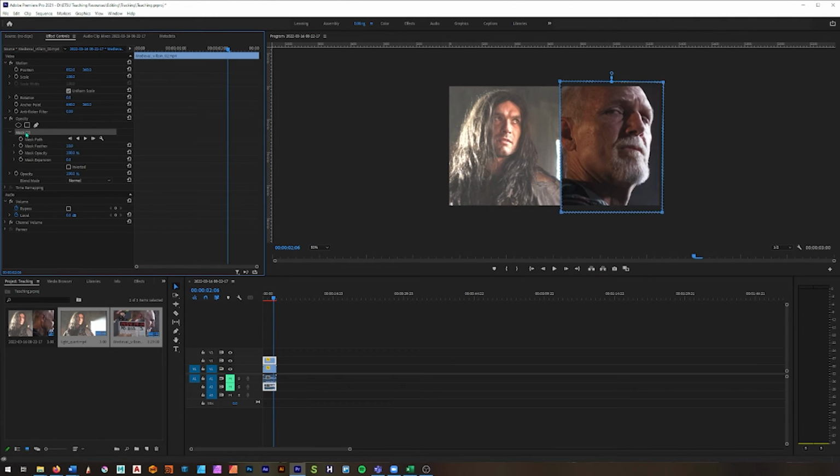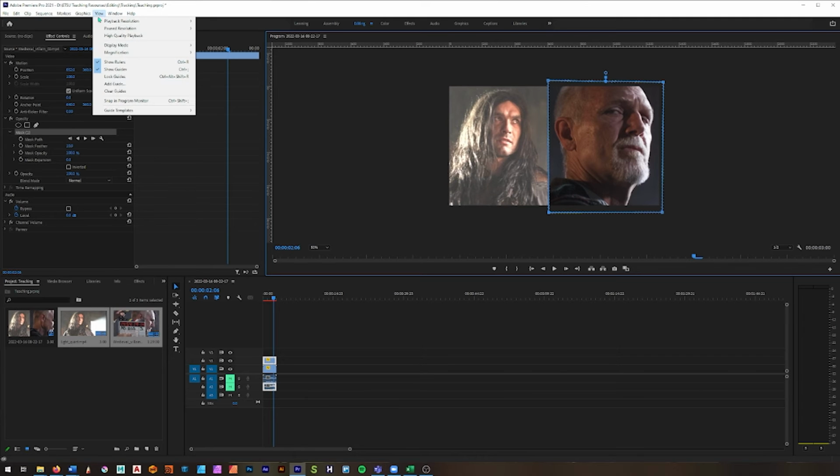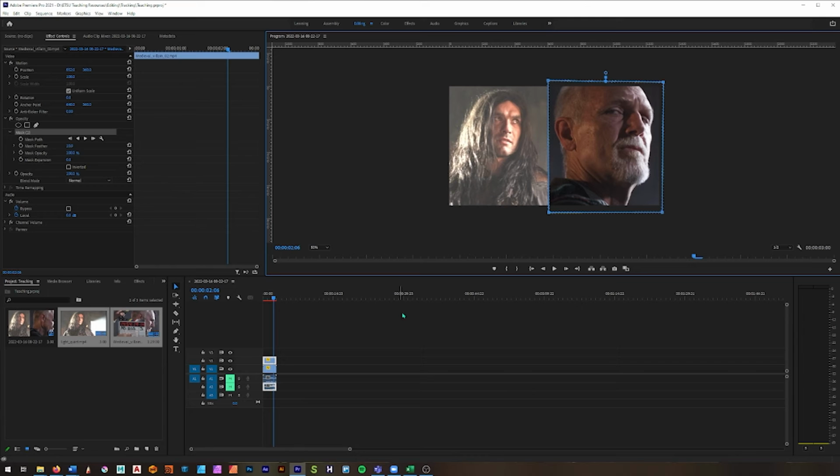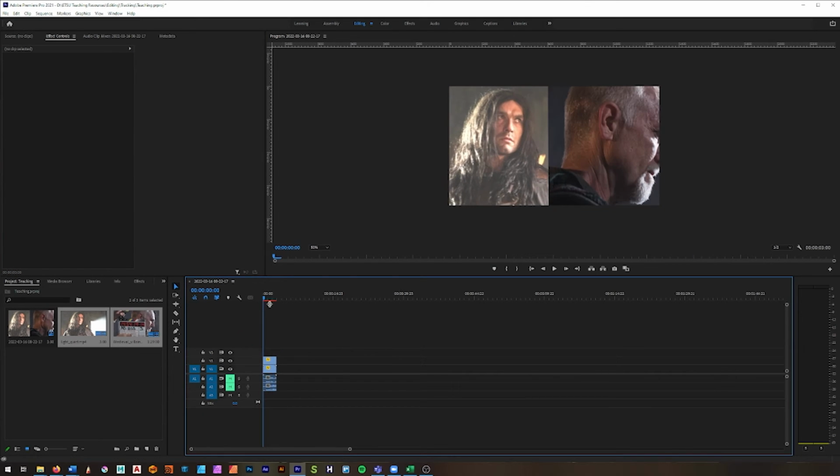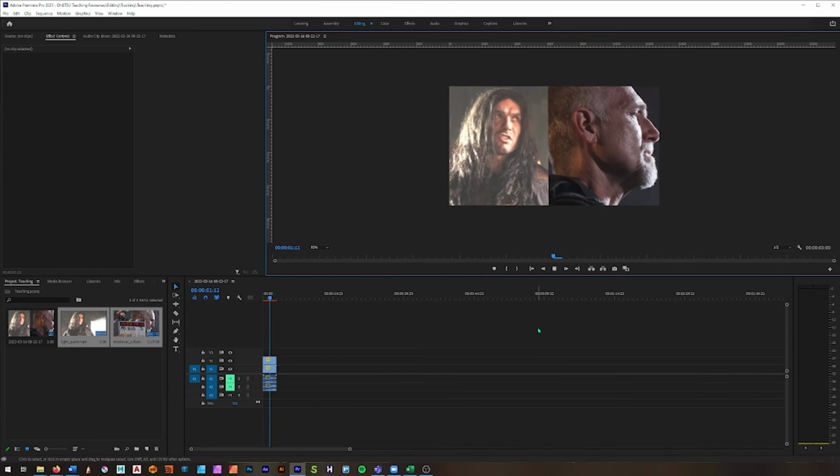Now, if I really want to make sure it's half and half, I can kind of come in here, add a guide, put it right directly in the middle, drag this so that it fits, if I really wanted to. If you don't see these guides, you can come up here to view and just show rulers and guides. Now, because of how this mask is working, I'm going to make sure I have no feather. It does automatically give you a 10% feather. So I'm just going to remove that, and now I have two parts of my footage playing side by side,